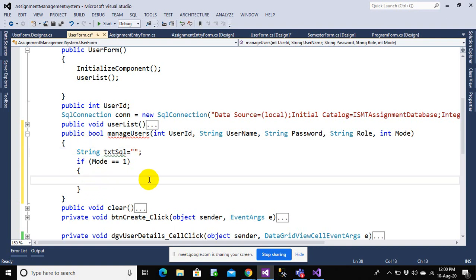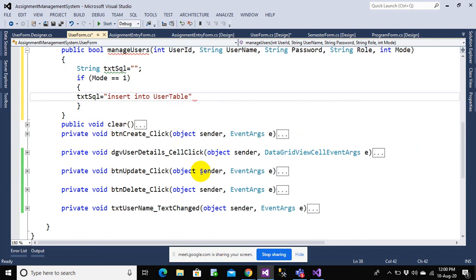If mode is equal to 1, I want to make an insert operation, so this txtSQL should now be equal to insert into user table. Let me just copy this. Let me write out values.